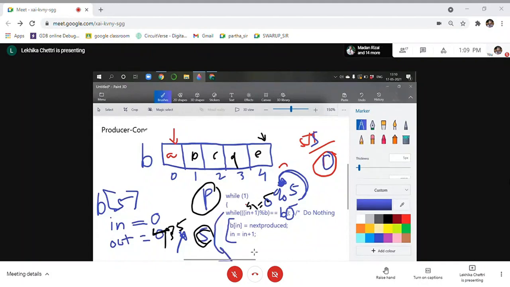Okay, that means here we are checking the overflow condition. So now all of these are full, so we come out of this loop. That means we have no more buffer to store new values. Okay, so this is how we check for the producer.